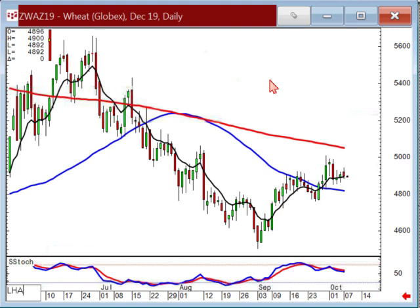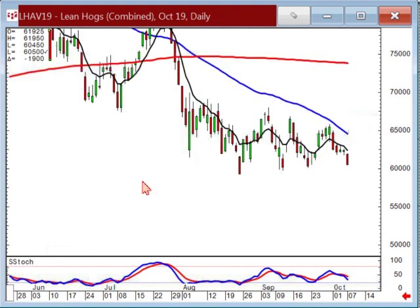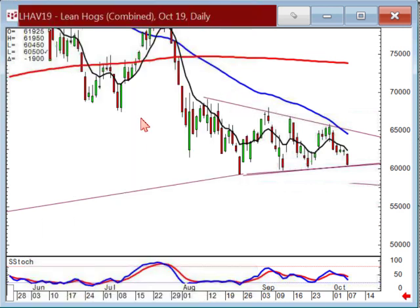I haven't even looked to see what was going on in the hog market. Well, you can see what's happening here. Well, I'm not doing this right. Kind of a wedge formation. So if they break this down tomorrow, you've got a wave 1, wave 2, wave 3 heading down much lower. Okay, so back to some of the